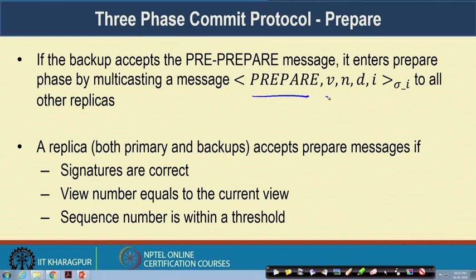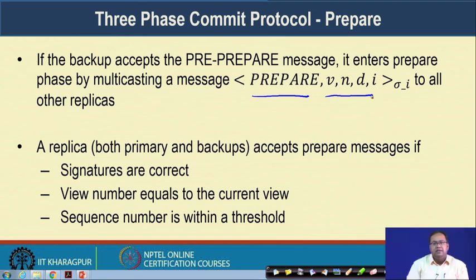So, the prepare message has a similar set of parameters to those in the pre-prepare phase: the view number, the sequence number, the message digest, along with the identity of the backup which is broadcasting this prepare message, and the entire thing is encrypted by the private key of the backup to ensure it is a digital signature, and this prepare message is originating from backup i. So, that is the prepare message which has been broadcast in the prepare stage.